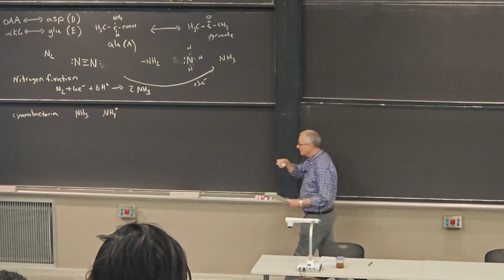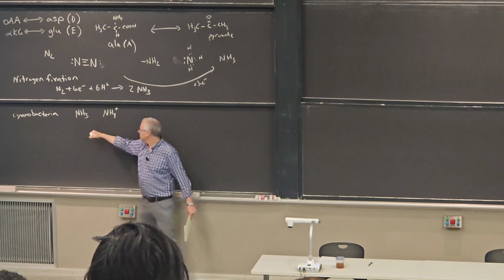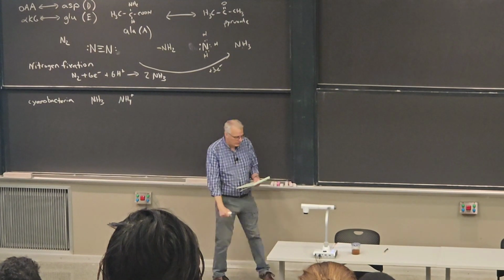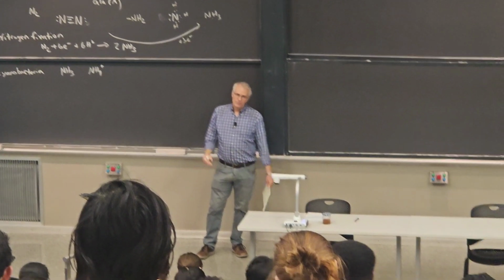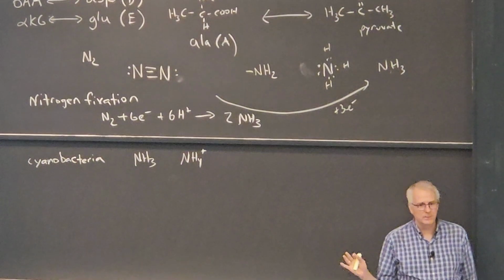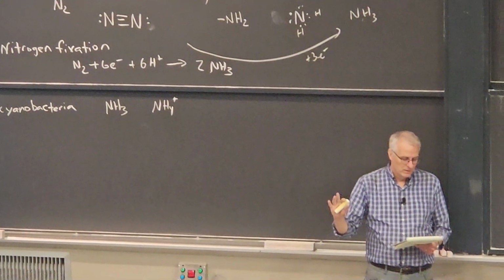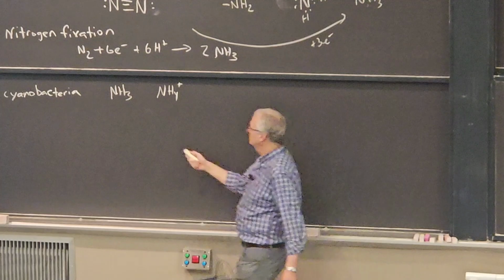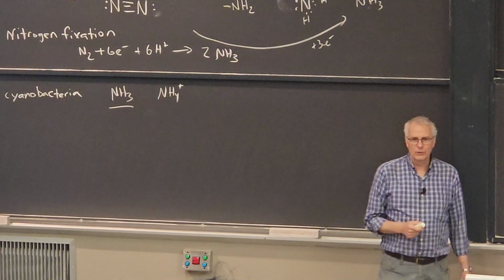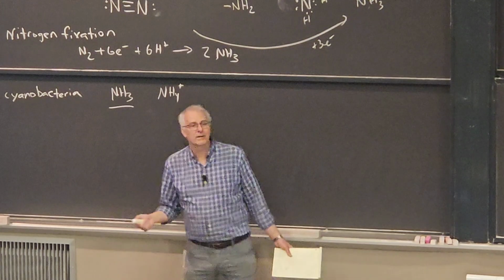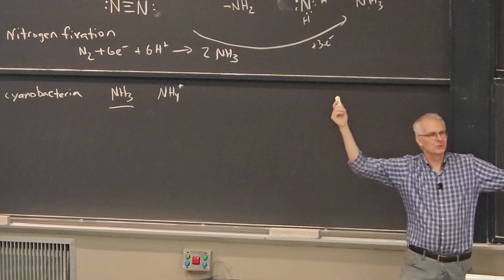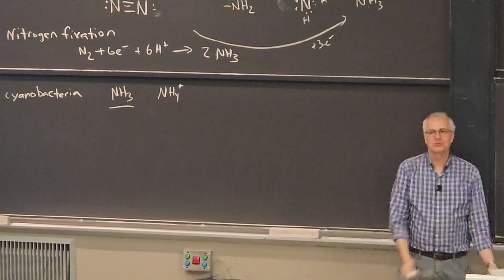Yet us as animals, we eat other organisms. We need to get rid of nitrogen, which ultimately means we need to get rid of ammonia. Now, different organisms out there will eliminate nitrogen in different ways depending on their lifestyle. And the simplest strategy is simply excrete ammonia. All right, so if you're a fish or some other aquatic organism, I can excrete ammonia just out into the ocean, right? The ocean is big, it's dilute, right?